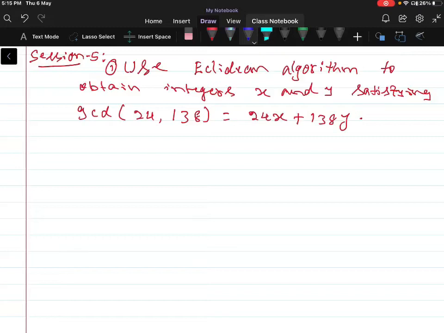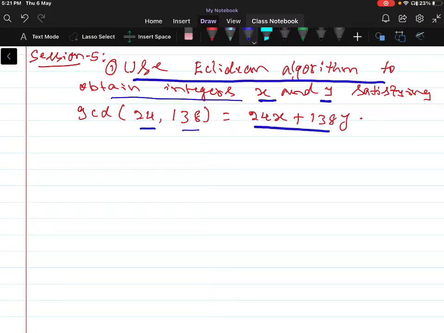In the previous lecture, you discussed the concept of Euclidean algorithm for finding the greatest common divisor for the integers, and also you solved some problems on how to find the greatest common divisors. So in this lecture, I'm going to discuss some more problems on how to find the greatest common divisor, and also we'll discuss least common multiple of two integers a and b.